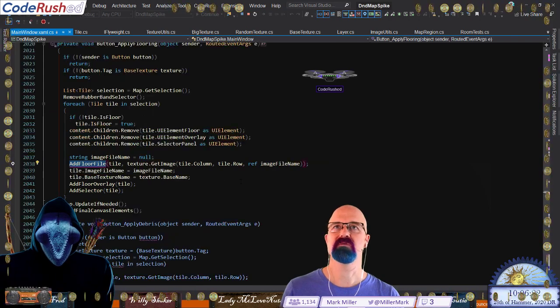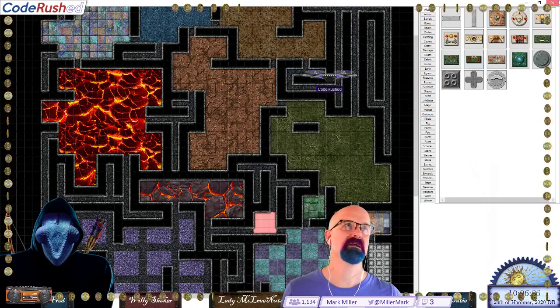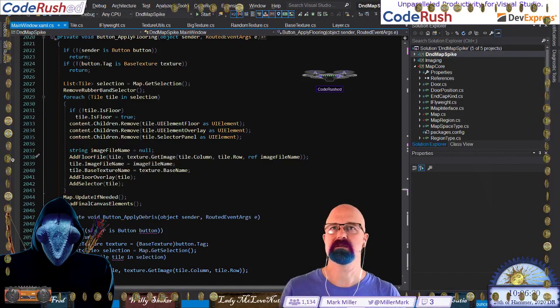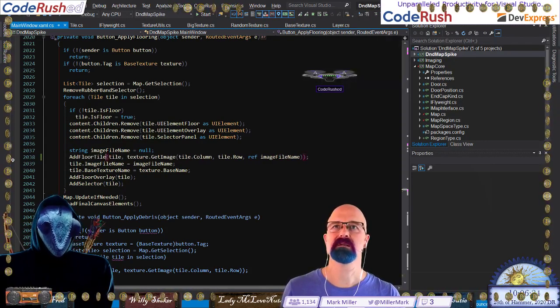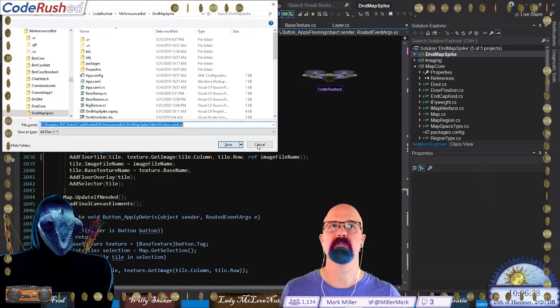Should totally be floor tile. All right, hold on. I'm going to kill this a second. I'm going to do a little bit of refactoring in here and at least rename this. Add floor tile like that. Now here,